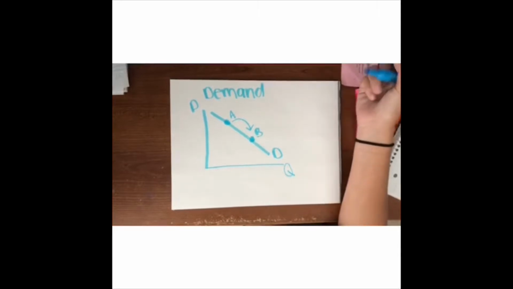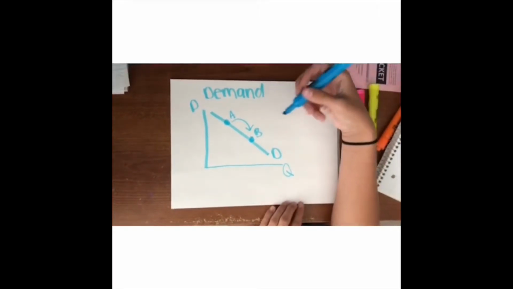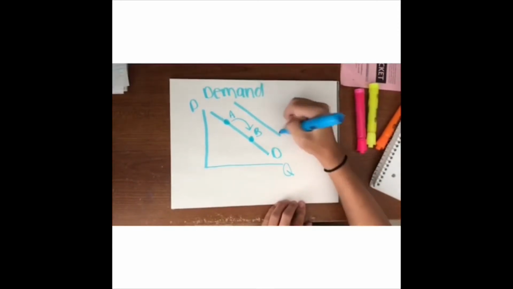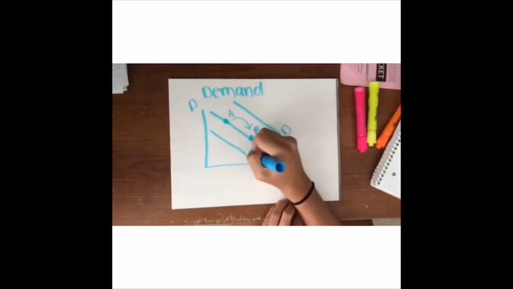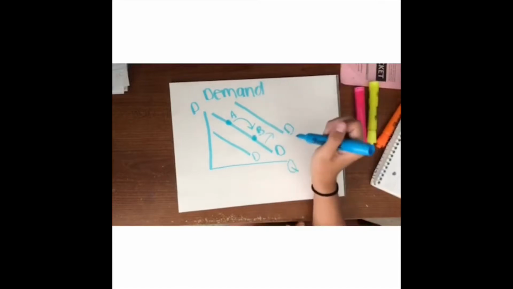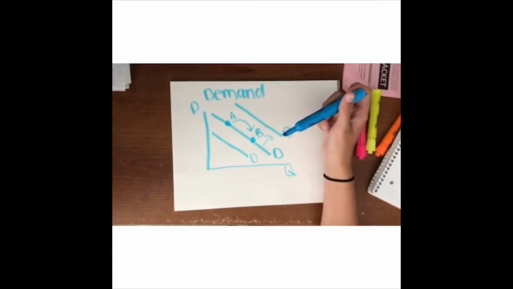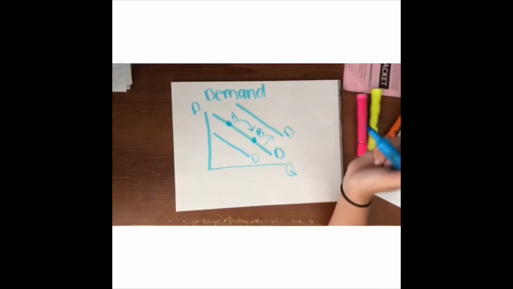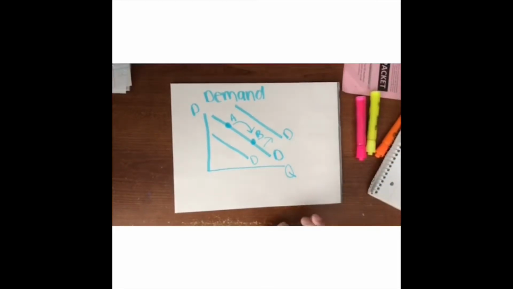And the other kind of thing that you can do with the demand and supply graphs are shifts. So a shift, you're basically shifting the whole line. You can shift it outwards, or you could do the same thing inwards. Outwards is an increase in demand, and inwards is a decrease in demand. And these shifts are caused by non-price determinants. So a couple examples of non-price determinants would be